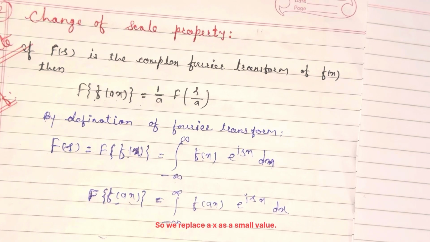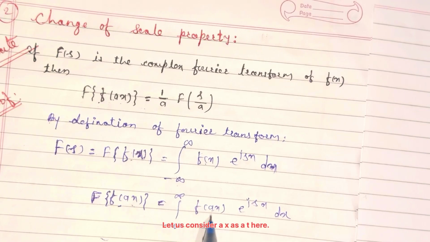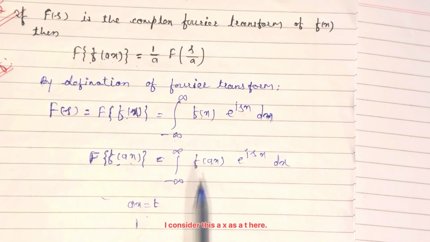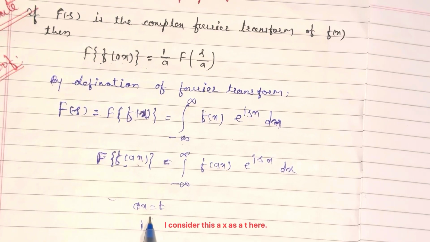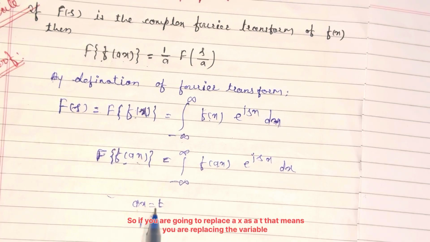That means ax is the term that is here as a function under function. So we replace ax with some value. Let's consider ax as t here. If you replace ax with t, that means you are replacing the variable x